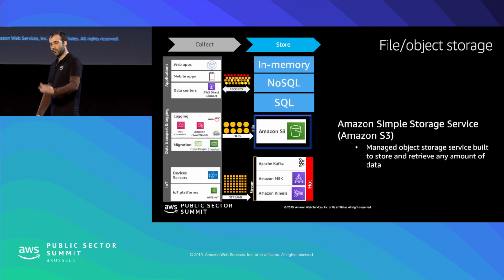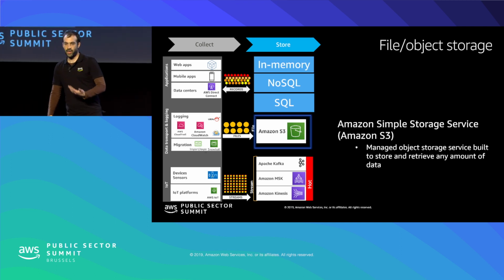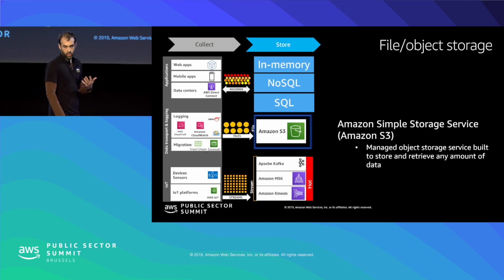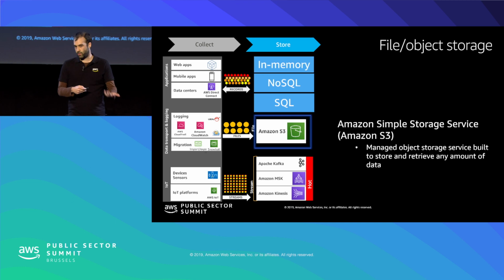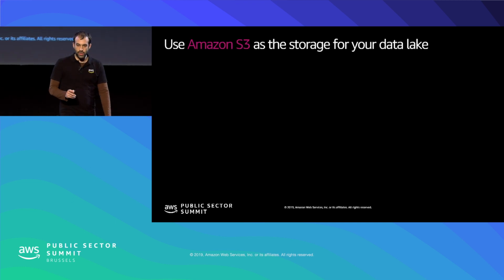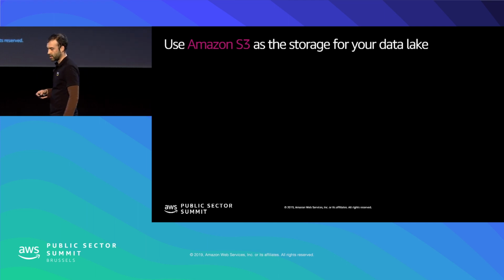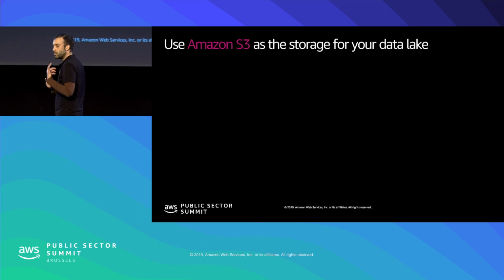OK, moving to the next category, the file category. The de facto service to store files in AWS is Amazon S3. Amazon S3 allows you to store any amount of data, and you can retrieve any amount of data. There are a lot of use cases for Amazon S3. In fact, it's one of the oldest services, and it's really integrated with the rest of the AWS services. But one very strong use case is to use Amazon S3 as the center of your